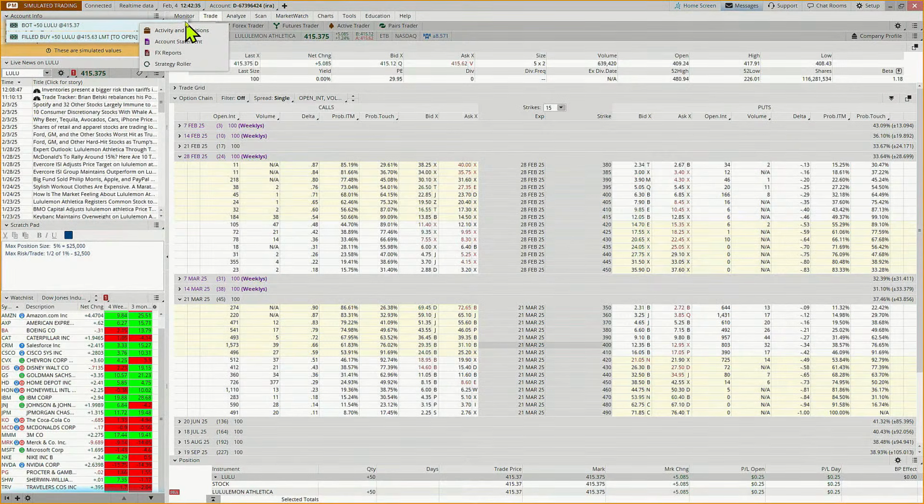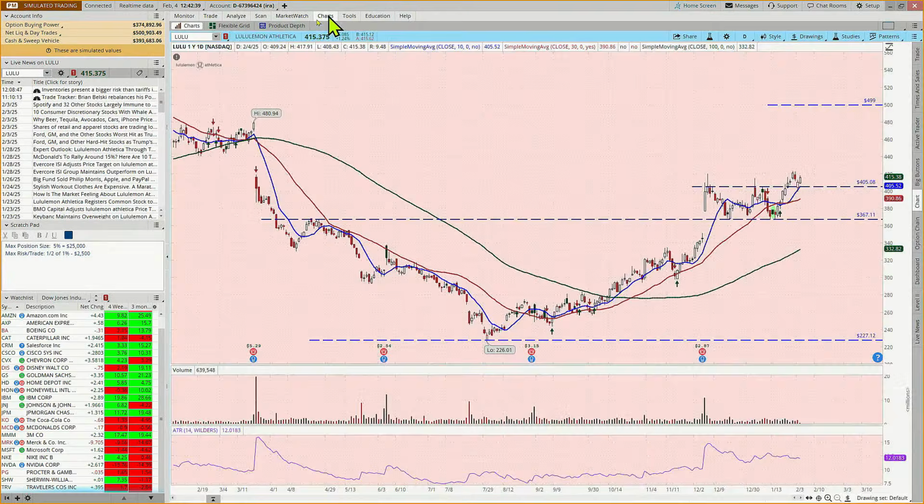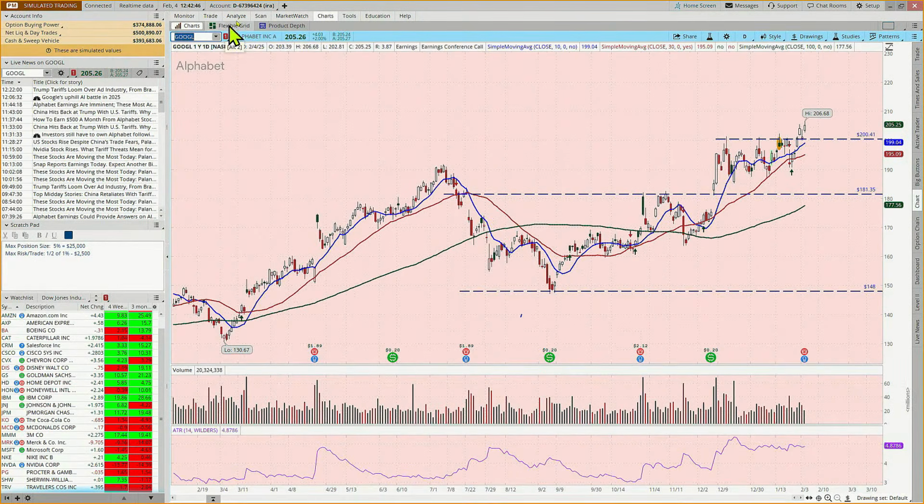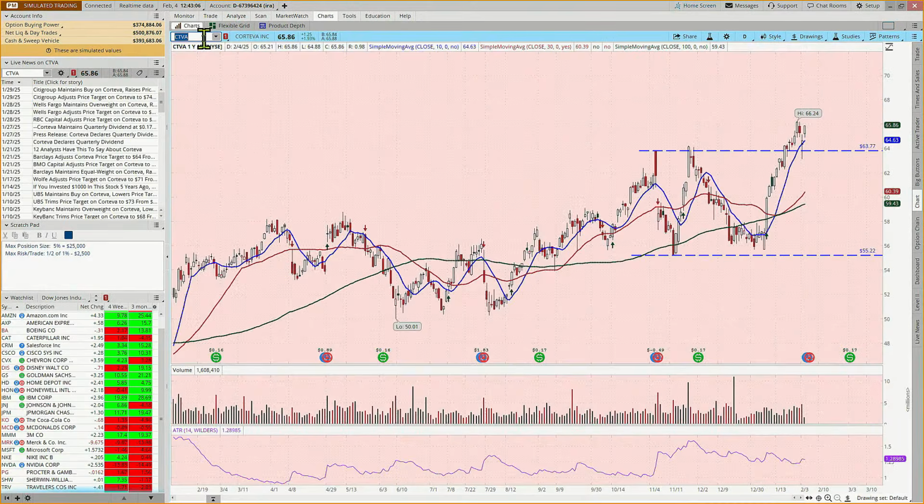That was Lulu. Okay, now there are some that we're going to want to watch. And we aren't going to have time to place another trade today, but if we look at Google, do you see this inverted head and shoulders pattern? And then it kind of consolidated here, and might it be breaking out today? Now this one comes with earnings after the close today. So perhaps that's one we'd talk about.